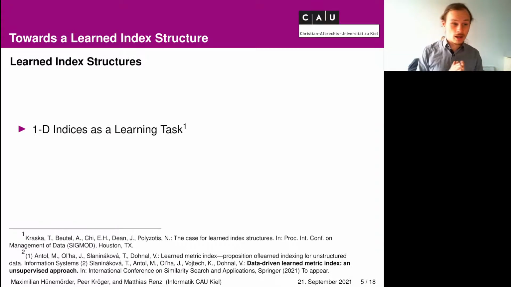What we want to do is apply the concept of learned index structures to this approximate nearest neighbor search query. The concept of learned index structures is rather recent. It was made popular in the paper The Case for Learned Index Structures, where the authors took traditional one-dimensional database indices and redefined them as a learning task, and applied different